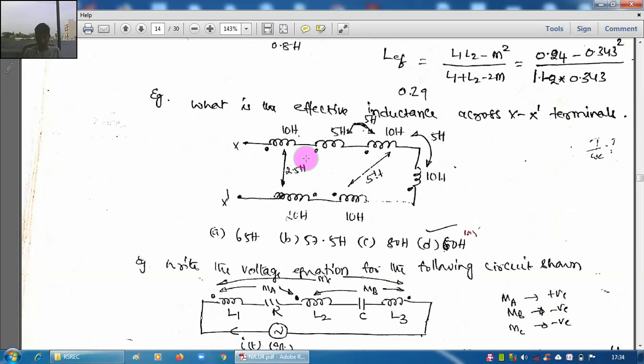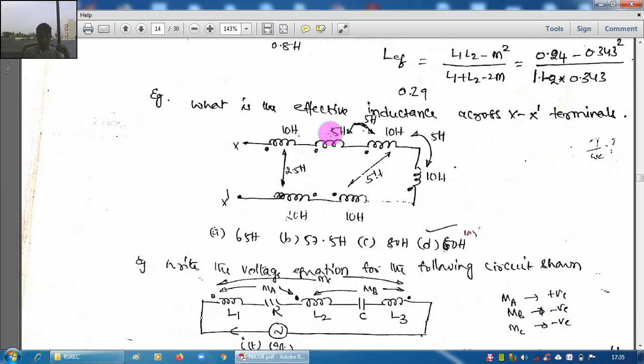This is another circuit, somewhat big, though not really big, it is very simple. Once we know how to write the M, it is very simple, and it is just 1 mark in competitive exams. Here a circuit with 3 plus 3, 6 coils is given, and the mutual inductance coupling between coils is shown like this, and we need to find the total inductance. First of all, no doubt, all the L's will add up, series connection, self inductance. So we can simply add up all the L's.